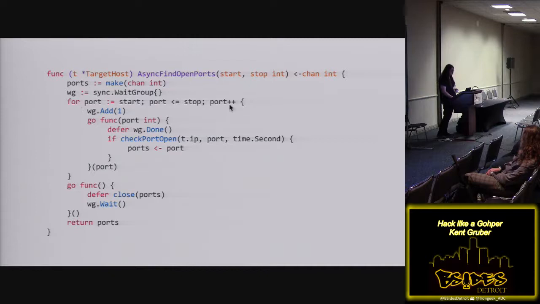Now, for each port, we go over them, and we add a count to the wait group, because we're going to wait for that Go routine since we're doing it for each port. Now we're going to spawn a Go routine right here, where we take that port, and when it's done, tell the wait group that it's done, like we finished our job, and then we check if the port is open. This is very similar to the normal find open ports API, but now we're doing async find open ports, spawning a new Go routine for every port,